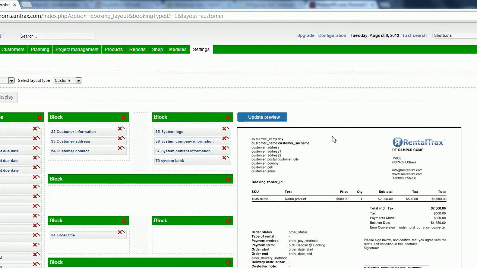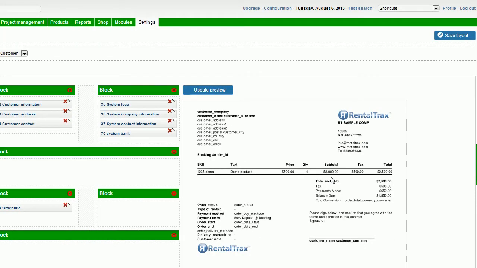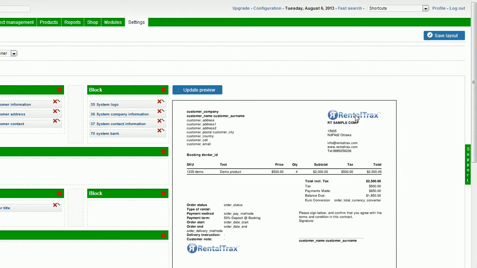If you look on the right-hand side, we get a preview of what our paperwork is going to look like. So we see that in the top right-hand corner, our logo is going to be there. That'll be your company logo. Then your company information below that. On the left-hand side that's set up is the customer's information, including their address and whatnot. So right here, what it's telling you is this is going to autofill this information so it makes sense on your paperwork. Then we've got our booking order ID, and then we get into the products down here below,